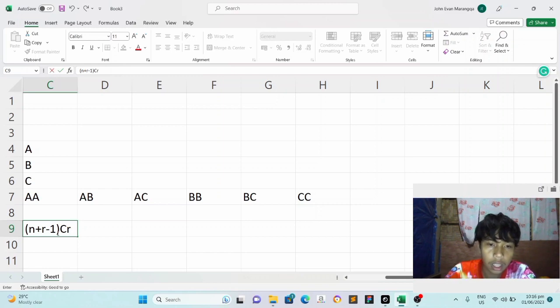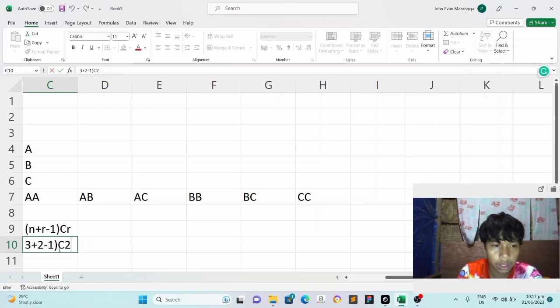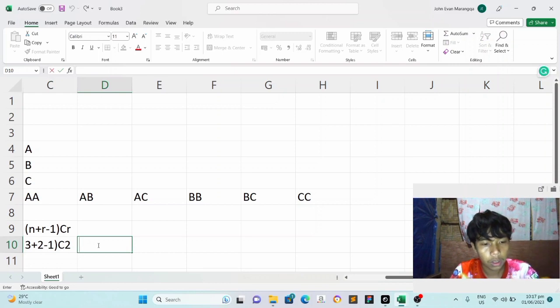In this case, 3, A, B, and C, and r represents the number of objects to be selected, in this case 2. Applying the formula, we have 3 plus 2 minus 1 C 2,